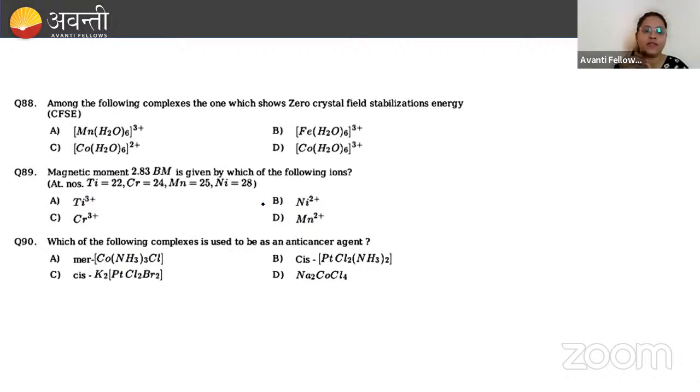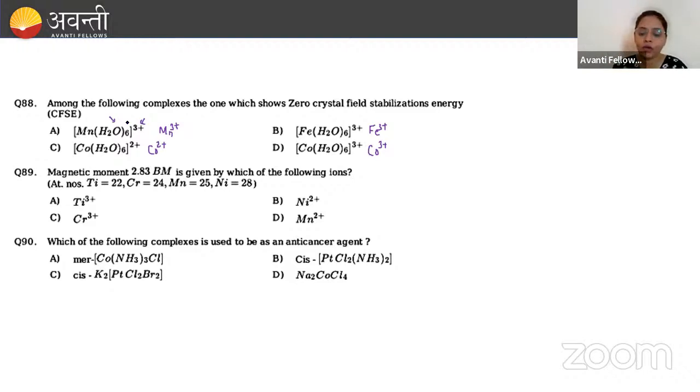Among the following complexes, the one which shows zero crystal field stabilization energy. So this is a CFSE problem, crystal field stabilization energy. Let's see for all these complexes which will have zero crystal field stabilization energy. Manganese is having 3 plus charge. Fe is having 3 plus charge. Co is having 3 plus charge. Next, Co is having 2 plus charge. H2O being a neutral ligand, whatever the oxidation state is on the complex will be the oxidation state of the